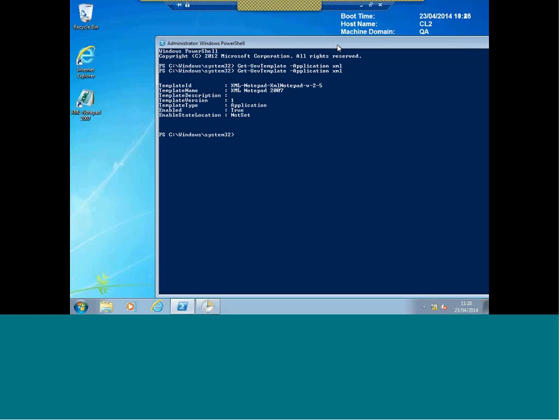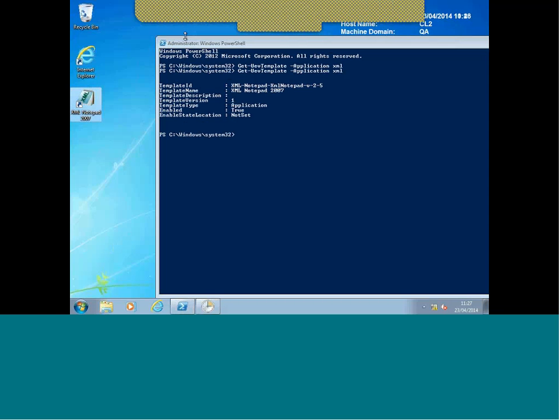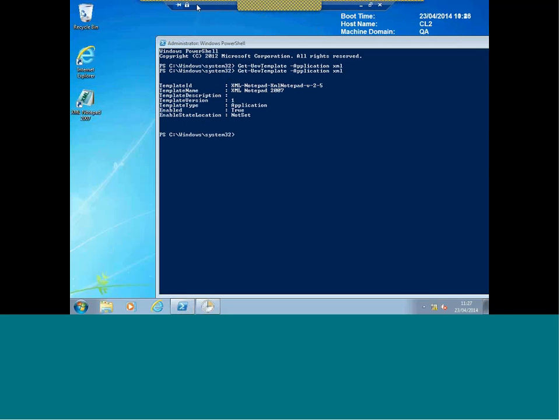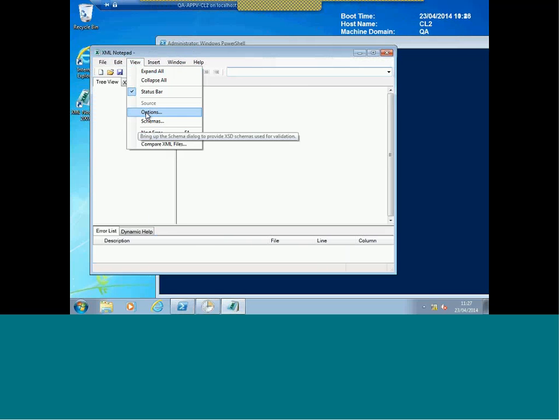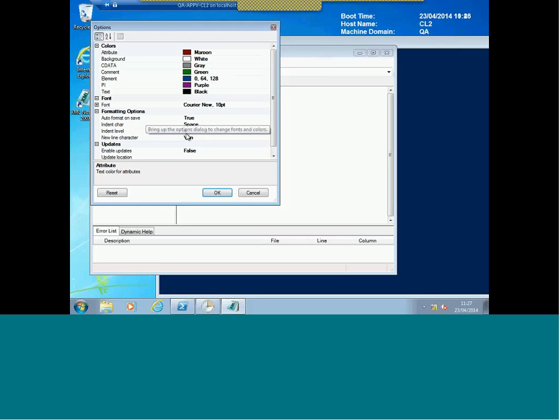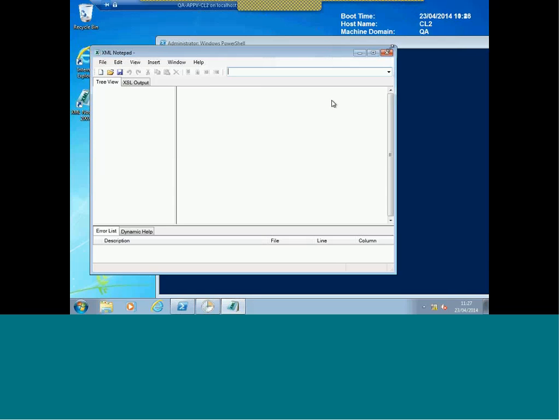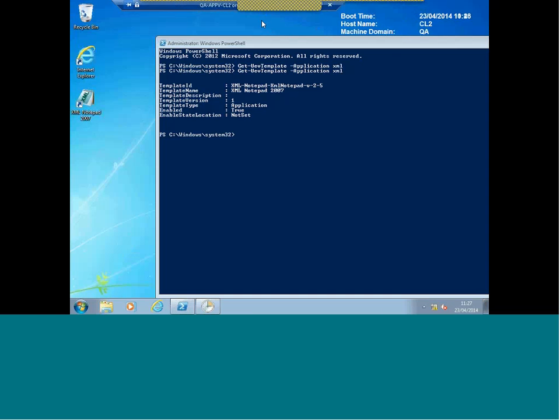So now if I bring up XML Notepad, this is on our client 2 machine, we should see that XML Notepad, I've got the settings under options. It's preserved the indent 4 and we've disabled the update. So now what I'm going to do is I'm going to change the indent to be, say, 6, and click OK on that. Shut that down. Now if I now switch to my other computer,